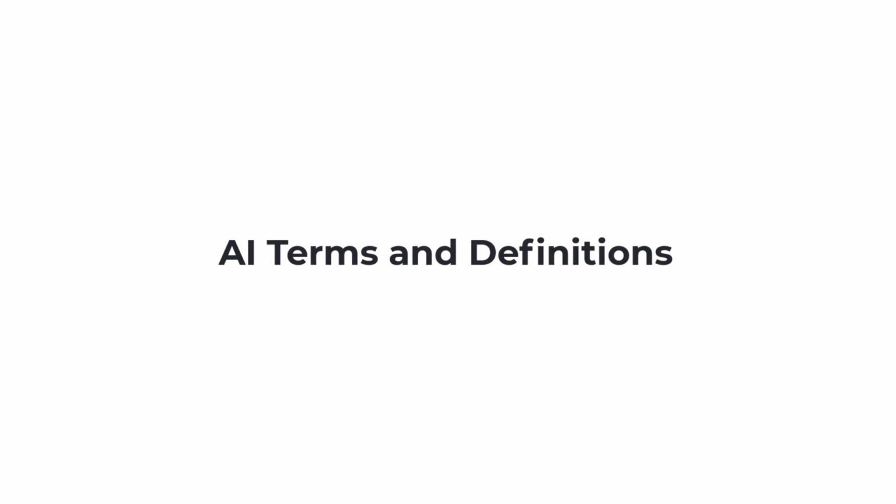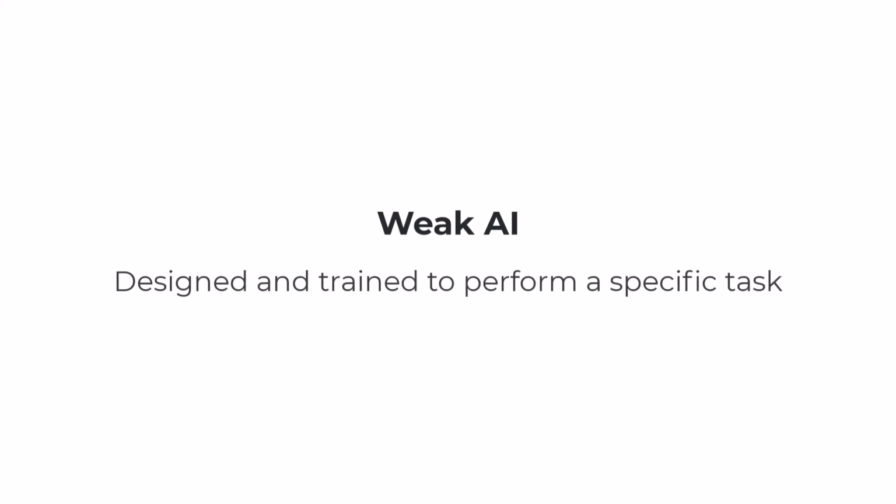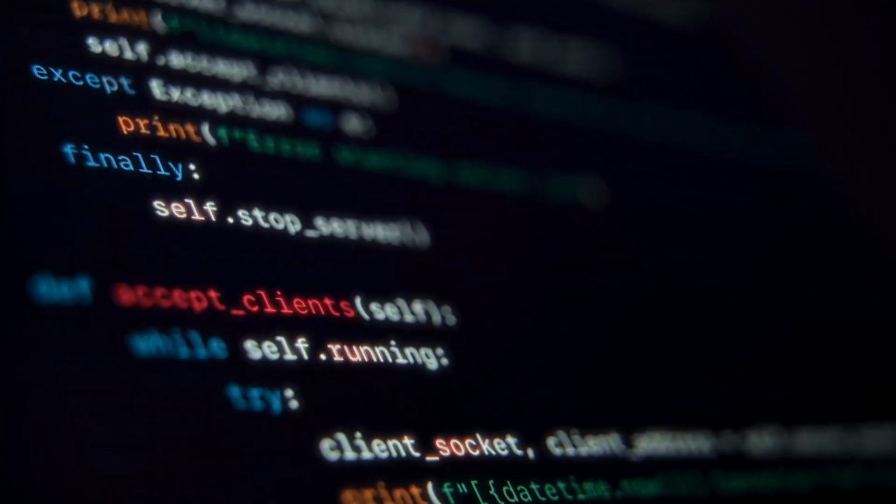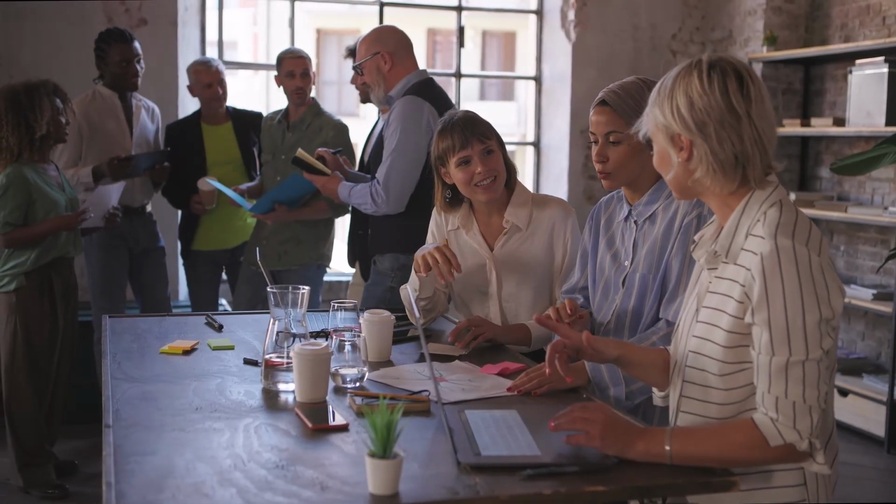So, now that we know basically how AI works in terms of machine learning, let's look at some other terms and definitions that are important to know. Everything we've talked about so far refers to a type of AI called weak AI. Also known as narrow AI, a weak AI system is designed and trained to perform a specific task, such as recognizing dogs in images. It operates under a limited, predefined set of conditions and doesn't have the broad range of